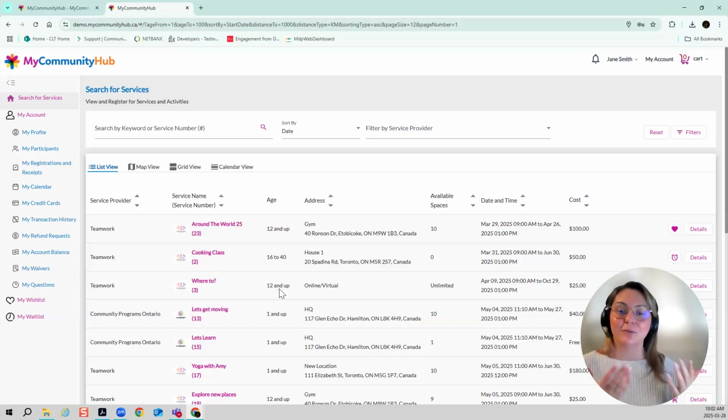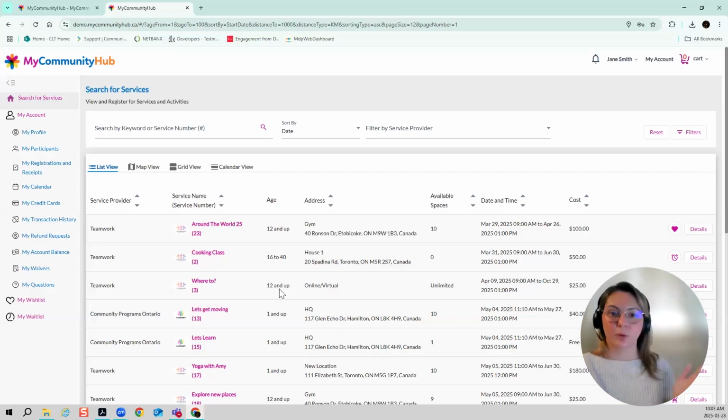So the staff for that specific home can create an account and be the primary account holder, and anyone within that home who wants to sign up for programming can be a participant. So when I go to register, I select the participant I want to register. That is who's being registered. That is who's being added to the receipt. So it's fully clear that that participant is the person that signed up. From the admin end, you'll see who the primary account holder was, but you'll primarily see who signed up for your program. So it's very clear.